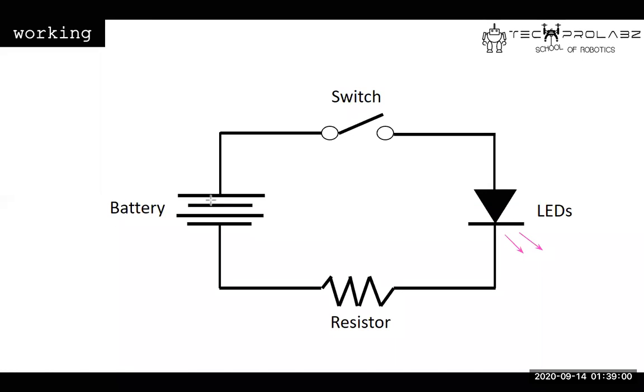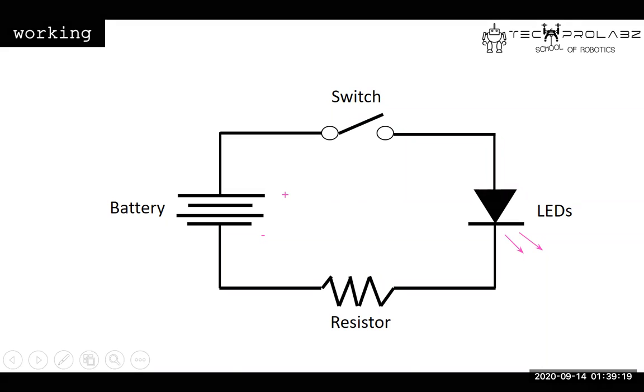So basically there is a battery, right? So what is the battery here? Always have a look at the longer leg. Okay. So which is the longest leg? This one, right? So this will be plus. This side will be plus, and this side is the shortest. It will be minus. Okay.